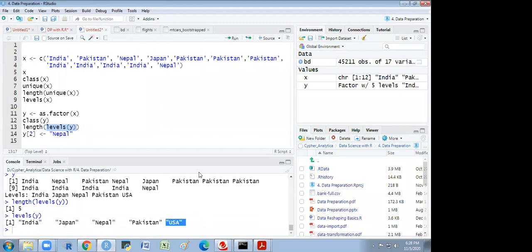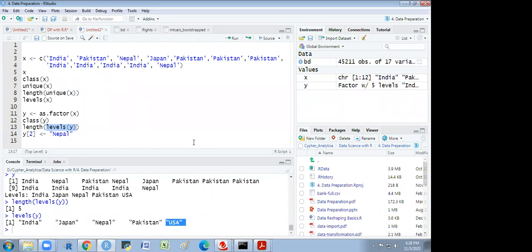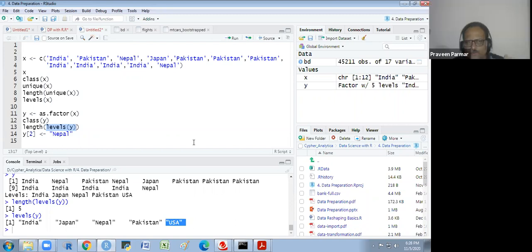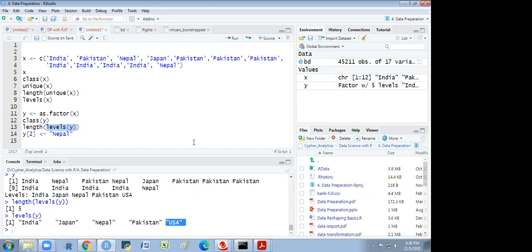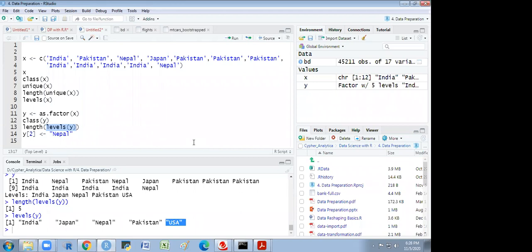USA is not there in the data, but the level is there for USA. So what will happen if we remove USA instead of replacing it? We could not remove the element in a vector, I have explained earlier. We could substitute it, we could add an element, we could make them NA.